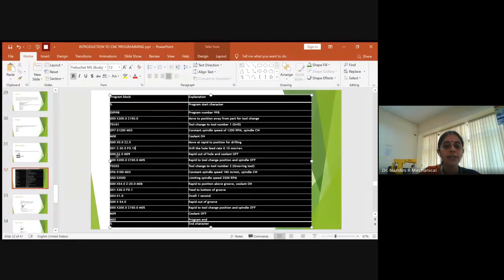So you have to again use the rapid traverse. Rapid traverse helps in moving the tool away from the material, because once the hole is done, if the tool is within it, you cannot extract the component. So you will fix the component there only, but you will remove the tool. To remove the tool away, you need to use the rapid traverse.